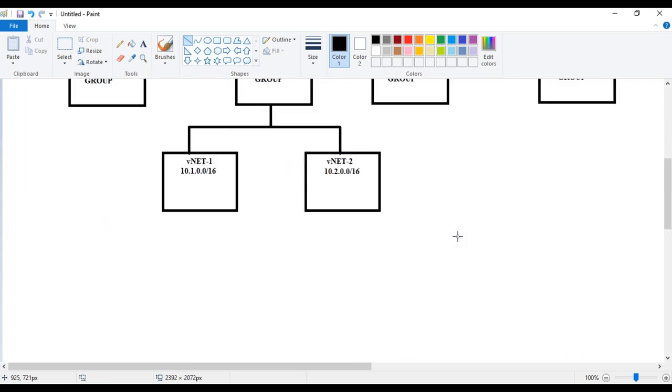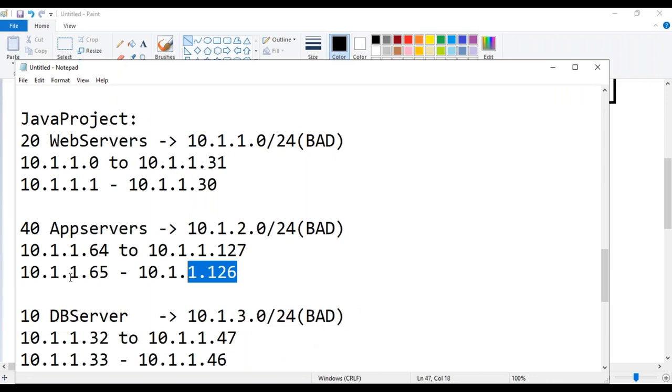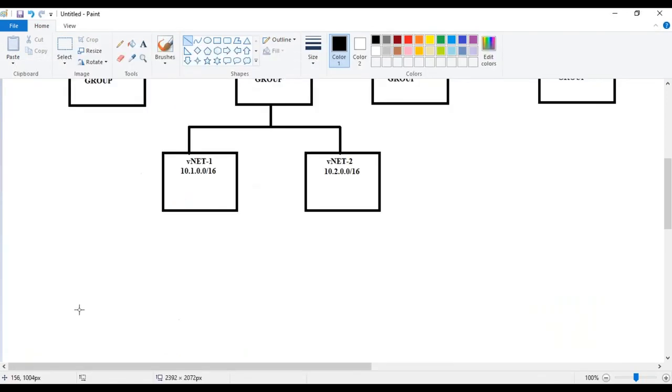Okay, under the VNet, what I'm going to do is we're going to create the subnets, guys. Remember the ones which we have created here, right? We have created web servers, app servers, DB servers. Under the VNet, you're going to have, again, if you see, I'm going to take 3 more, by the way.